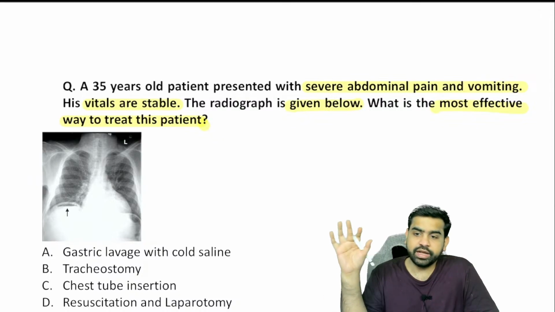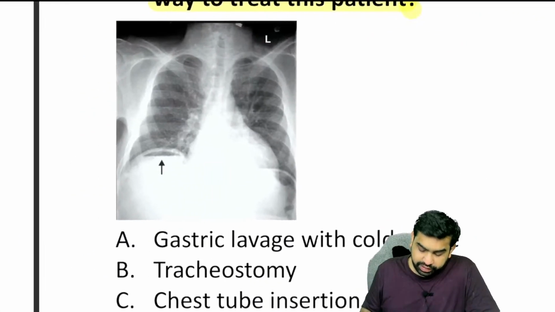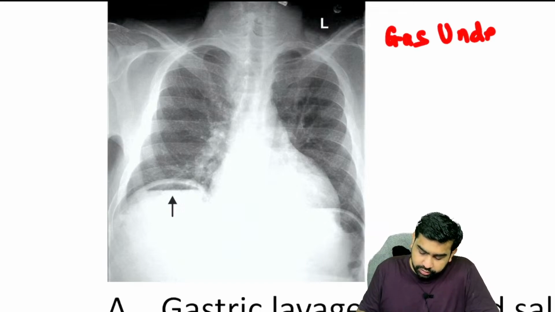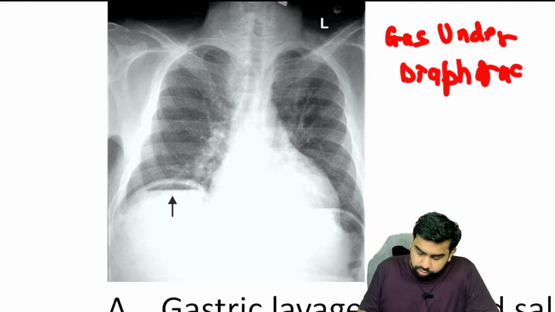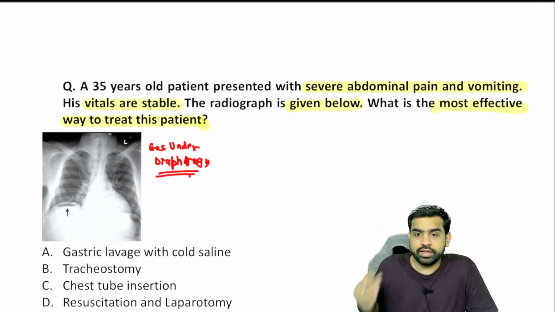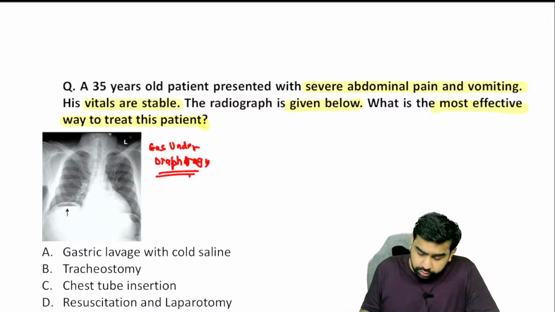So what you are finding in this particular patient is a very, very important X-ray. Can you please tell me what you are finding in this X-ray? What you are basically finding is gas under the diaphragm. So if you have gas under the diaphragm, what you need to understand is that this tells you that there is a visceral perforation. And if there is a visceral perforation, what you have to perform over here is